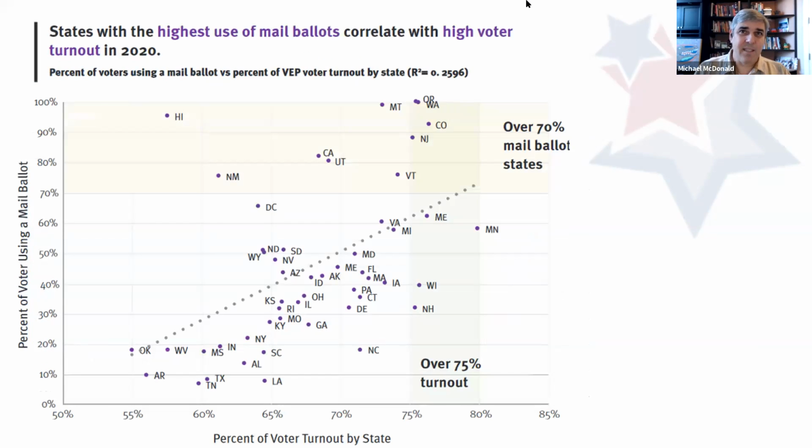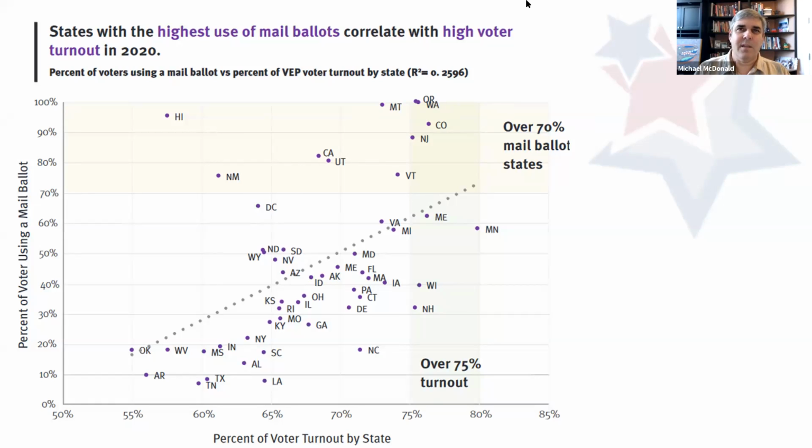As we've been collecting this data from states, and again, take these numbers for what they are, they're preliminary, we can see something that I've already said before, which is that there's a clear correlation between turnout and mail balloting in the country. Those states down in the lower left-hand corner, they all tended to have low mail ballot usage. They had some restrictive law in mail balloting. It was either